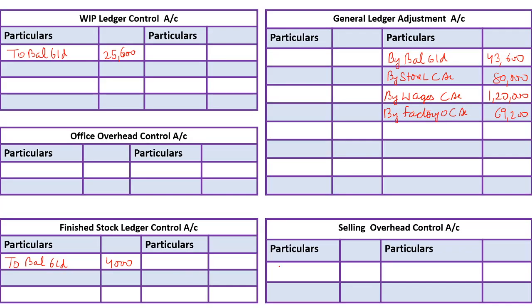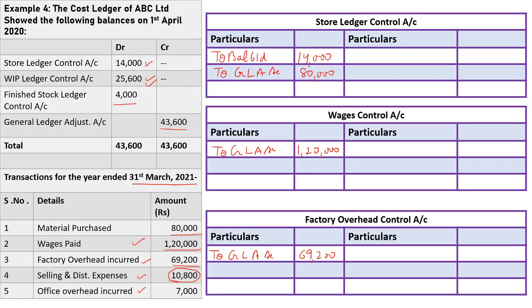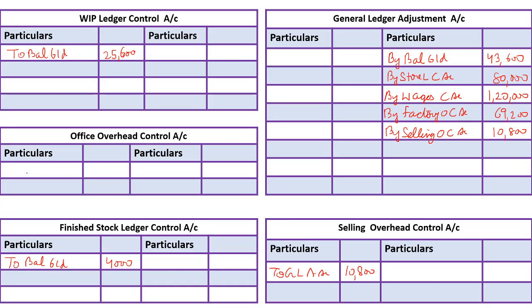So in selling and distribution expenses to general ledger adjustment account 10,800, and in general ledger adjustment account by selling overhead control account amounted to 10,800. And our last payment of overhead, which is office overhead control account with rupees 7,000. So in office overhead control account we write to general ledger adjustment account, because we debit all the expenses that we pay with general ledger adjustment account, and in general ledger adjustment account we write by office overhead control account